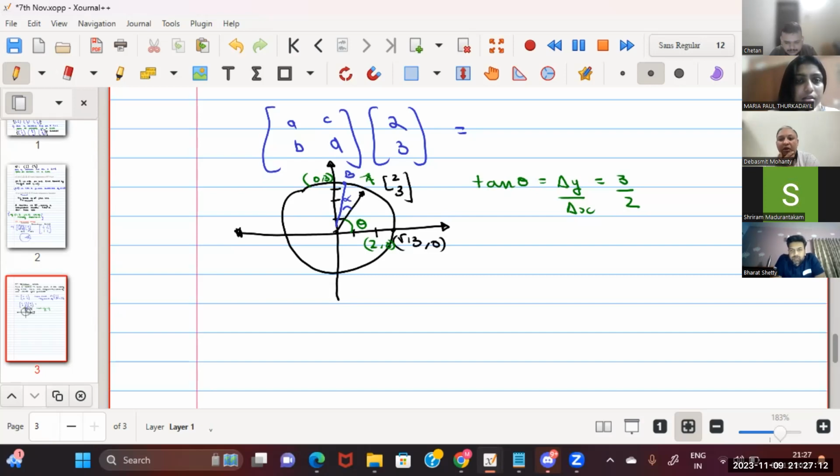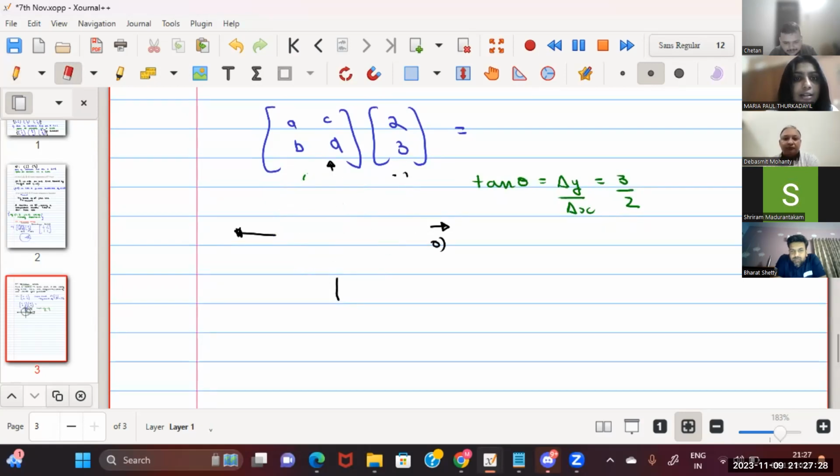Where do you expect the tip to remain in the rotated position? It will remain in a circle. Perfect. Alright, should I draw the circle again? Yeah, you can. To make it clear, maybe theta should be small, so it becomes very clear. I think draw a circle using the